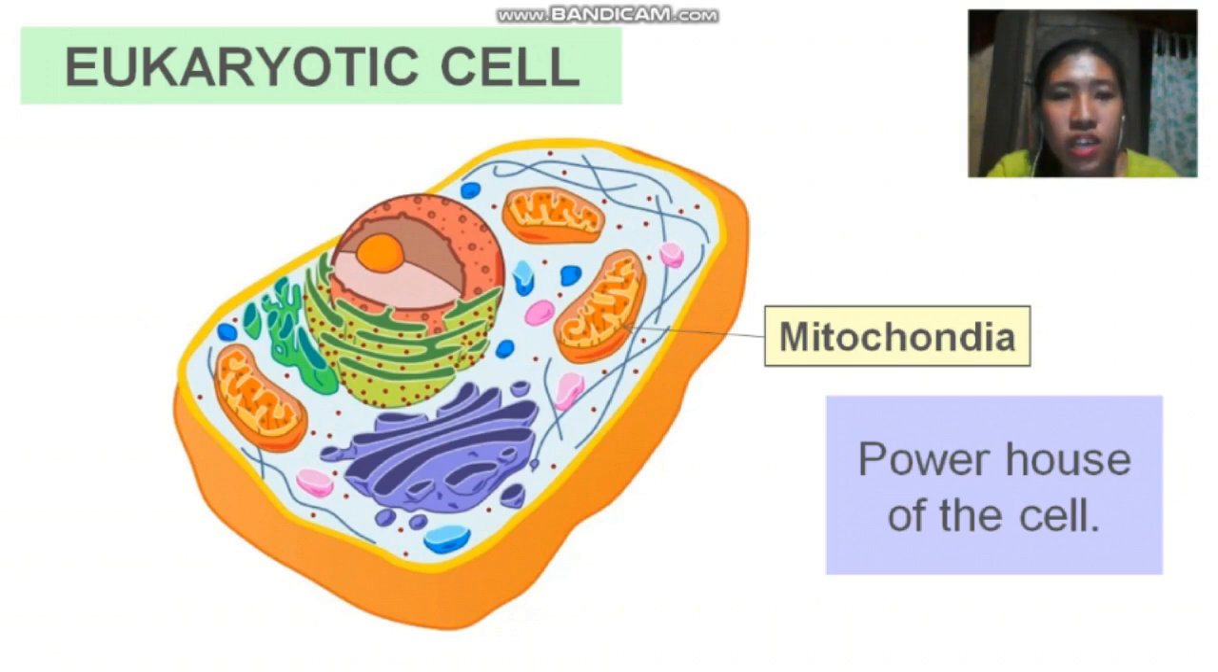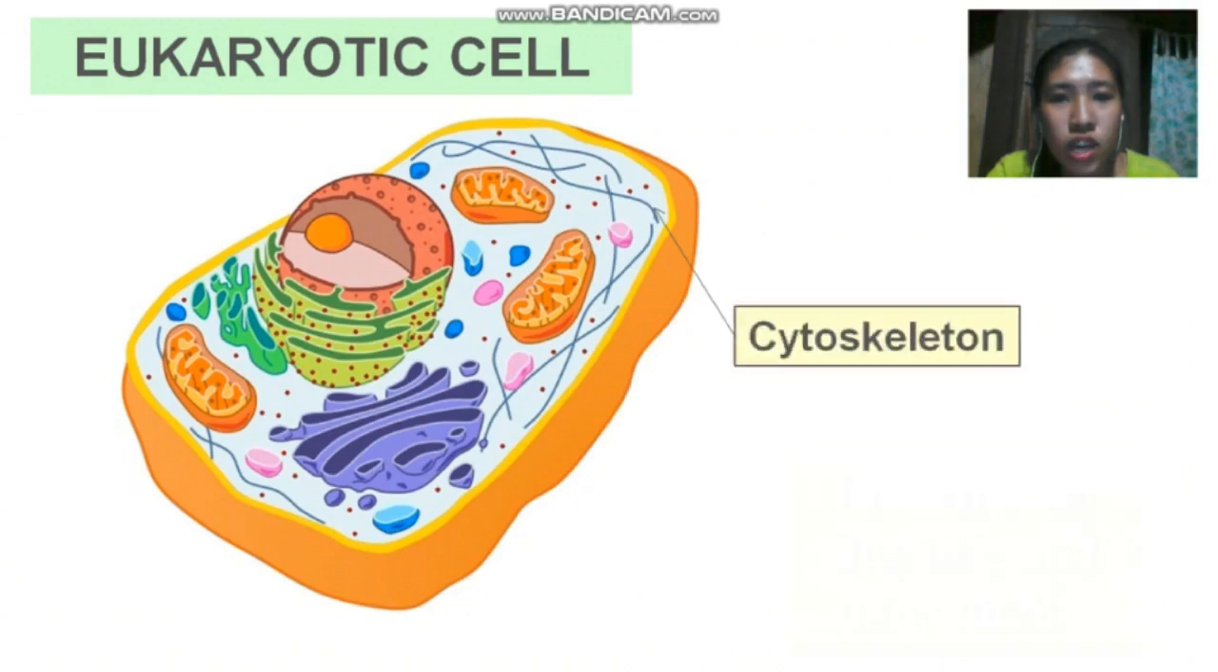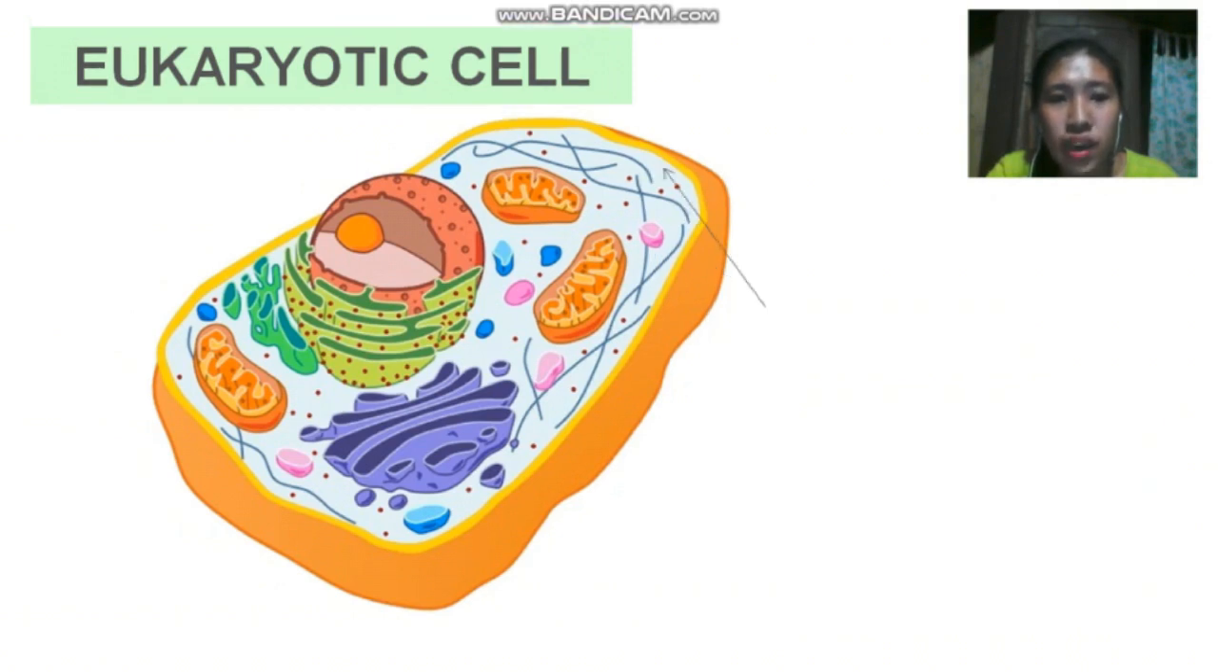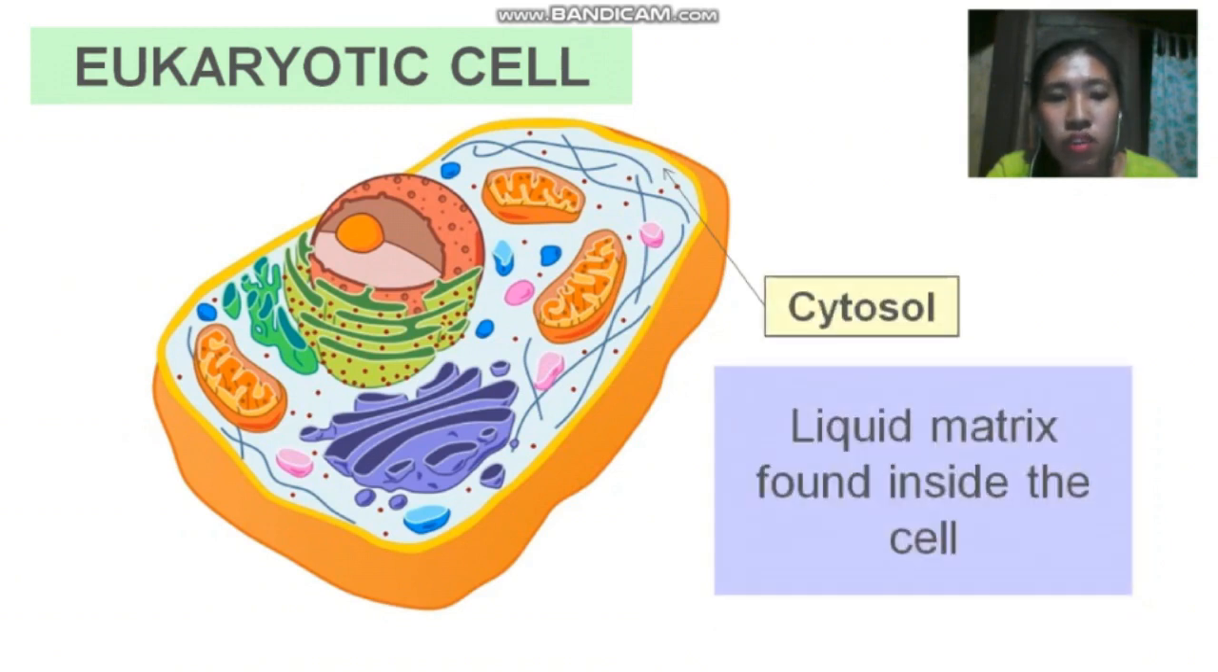On the other hand, we also have the cytoskeleton that provides cell structure and movement. That's why it plays the most important function in eukaryotes. Likewise, it also secures some organelles in their specific positions, and is responsible for endocytosis and cell division. And lastly, we have cytosol, which is the liquid matrix found inside the cell. Cytosol contains water, small molecules, and proteins that serve several functions and is a site of most of the metabolic